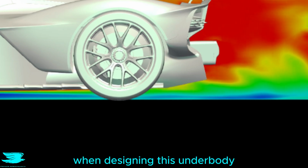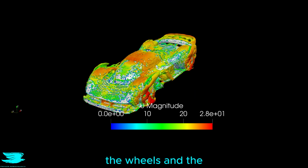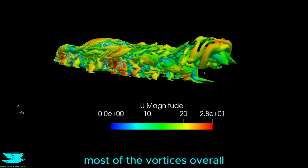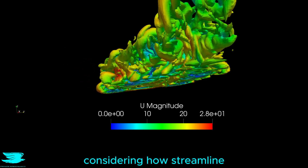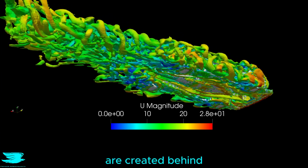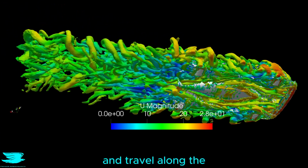so the designers really went to town when designing this underbody. Looking at the vortices, the wheels and the hubs containing the wheels are creating most of the vortices around the car. The rear is producing most of the vortices overall, which is to be expected considering how streamlined the rest of the car is. In the underbody, 2 large vortices are created behind the front splitter and travel along the entire